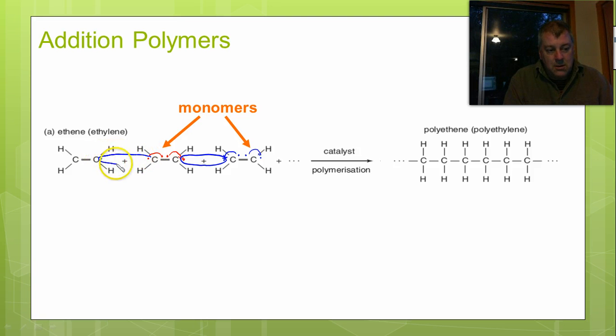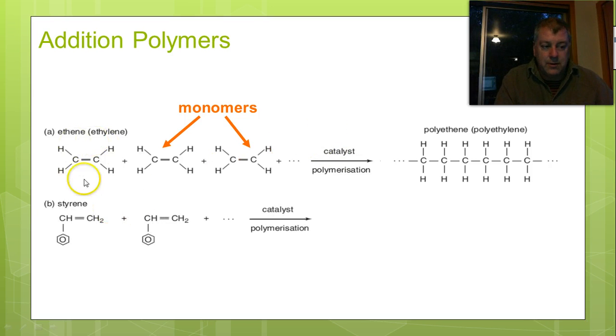And so that's where, by breaking one of the bonds in the double bond, to be more precise, we can get this chain. So if we're looking at this diagram, that one is a new bond, that one is a new bond, that one is a new bond, and this one. Now the dots just mean that it goes on ad infinitum, and so instead of drawing the entire molecule, we just draw a section of it and go dot dot dot. Okay, so that happens in the presence of a catalyst,